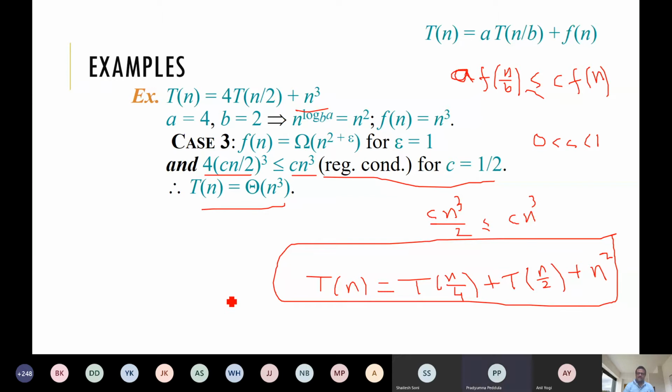No, my question is straightforward. Can this recurrence be solved using the master method? Upper bound, lower bound, I think you are using the substitution method to get that. No, because b is not unique here. It is not in the form. We cannot combine these two. For the master method, we need to have this form.